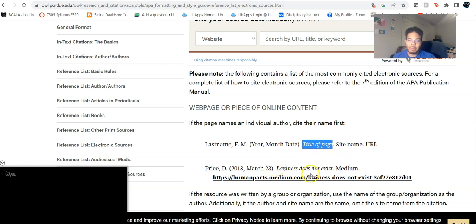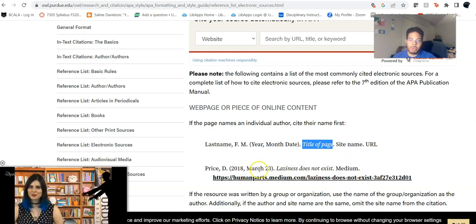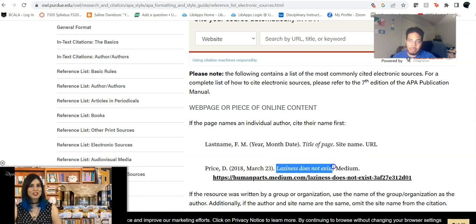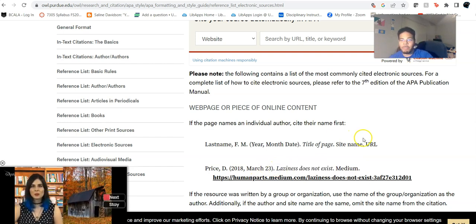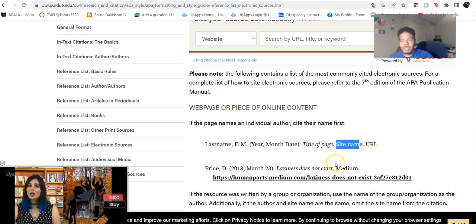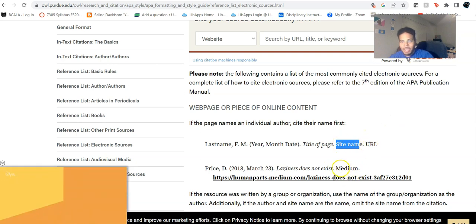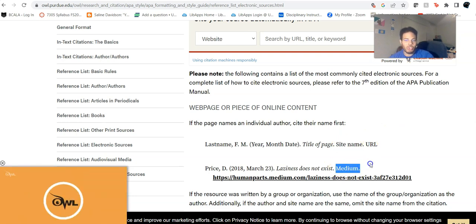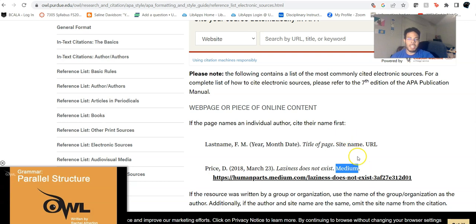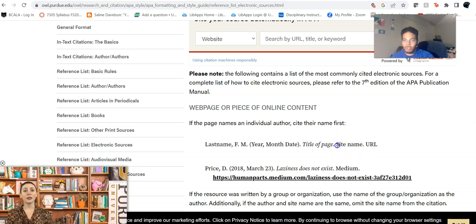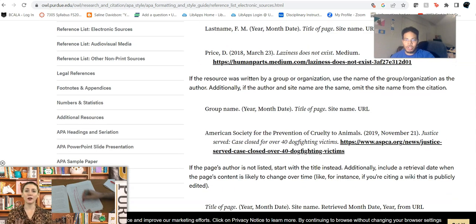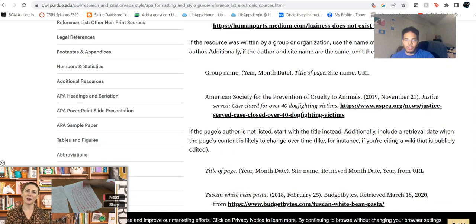So if you're going to Medium and you look at this blog post, or this web page within Medium, as you can see, the only word they've capitalized is lazy. Now, the site name does actually follow the same deal. Site name, Medium, only has one word, so this is tricky. I wish they would have chosen a website that had at least two words in it. But Medium, you capitalize it because it is that first word. But after the first word, you are going to do something very similar yet again.